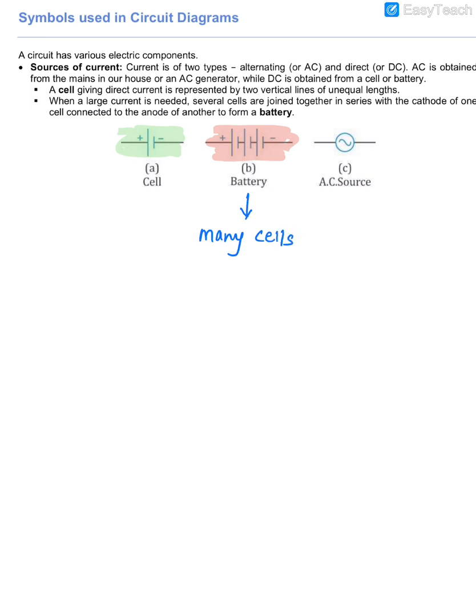Okay. Then guys, the last one is an AC source. Remember we had spoken about alternating current. What happens in an AC source is that these are the mains, the current which we use in a house. You just draw a circle with those two straight lines and there is a sine wave inside, which means it's an AC. Got it?